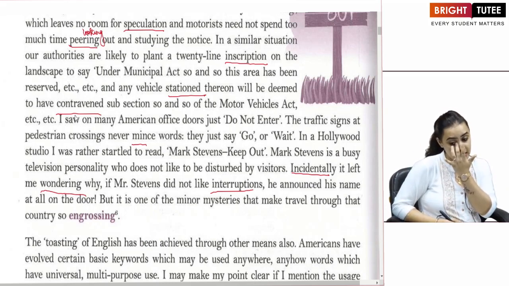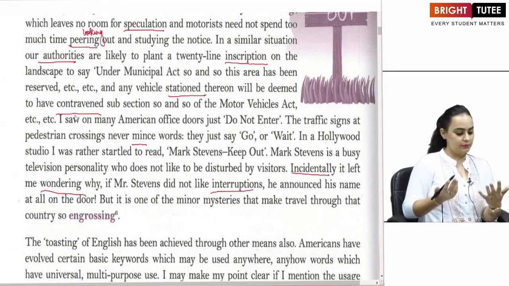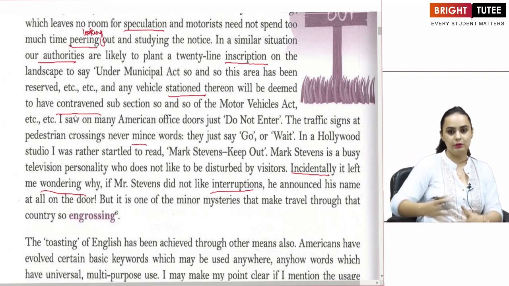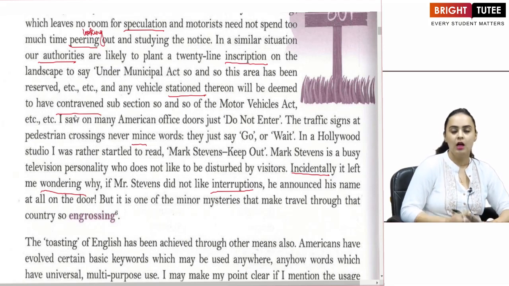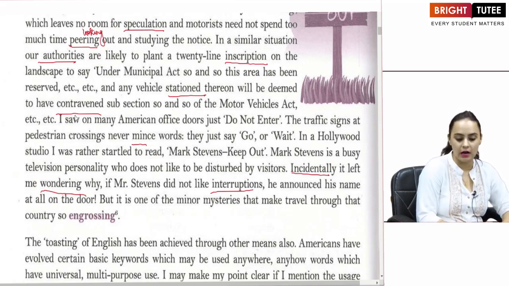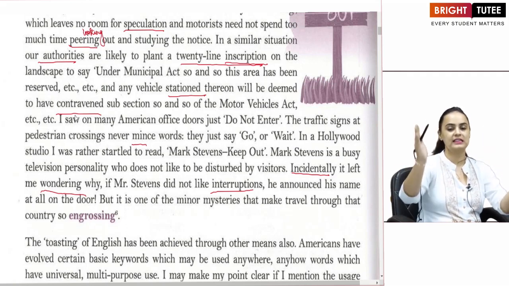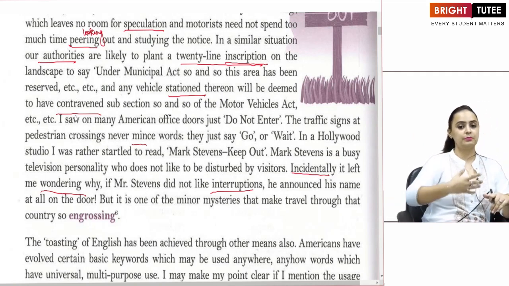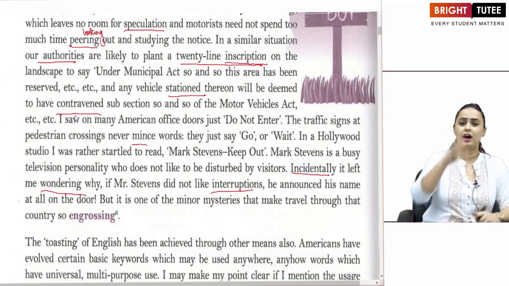He says that in a similar situation, if in our country some new plant, some new landscape, some new building had been constructed, then what our authorities would have written under it is a 20-liner inscription. Inscription is something which is written on a board, something which is inscribed on stone. So, in order to tell the people about something new that has been constructed, our authorities would have written